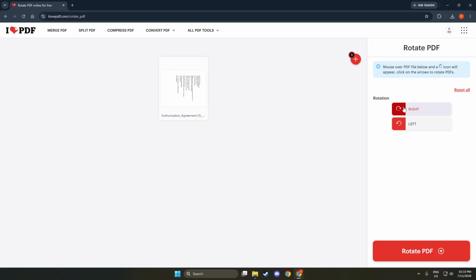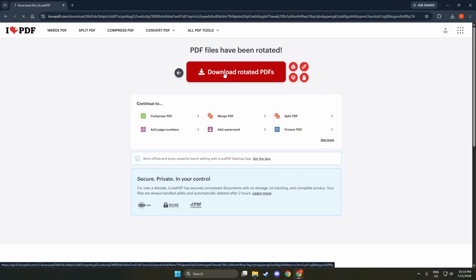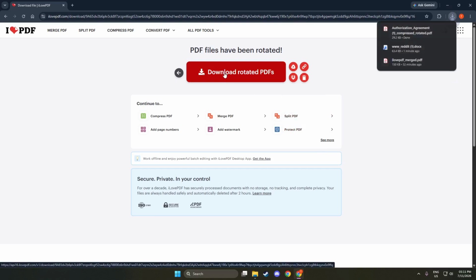After your file is uploaded, it is time to rotate the pages. You will see buttons labeled Rotate Left and Rotate Right. Click these buttons as needed to adjust the orientation of your pages. You can choose to rotate specific pages or even all pages at once. Selecting the right option ensures that your document appears exactly how you want it. This flexibility saves you time later on as you won't have to redo any rotations.